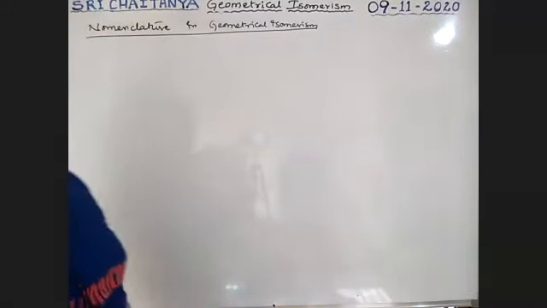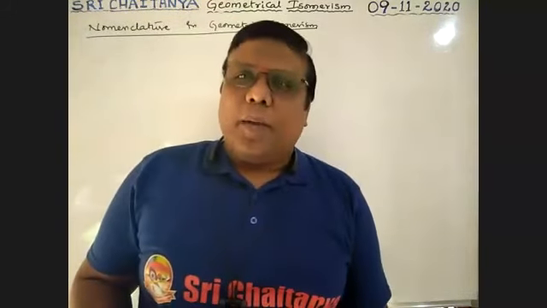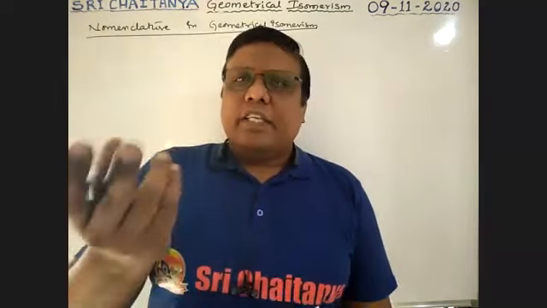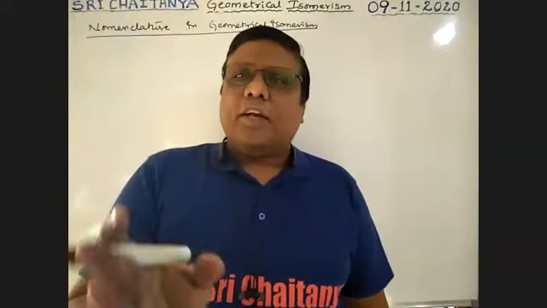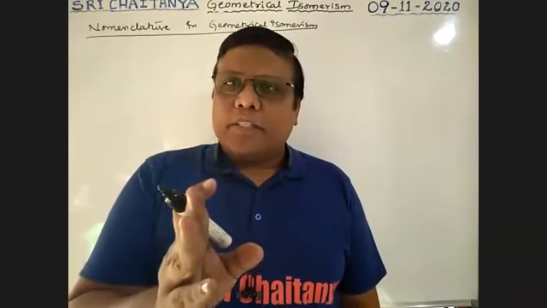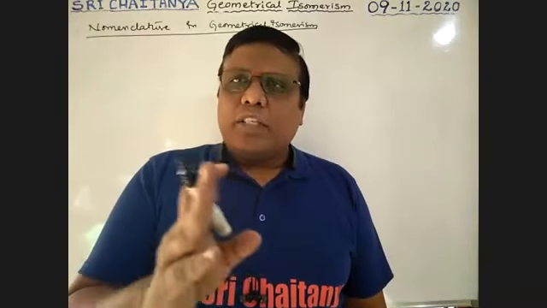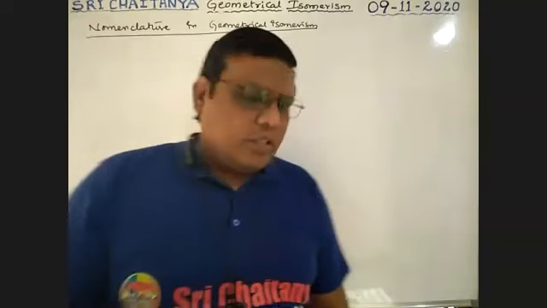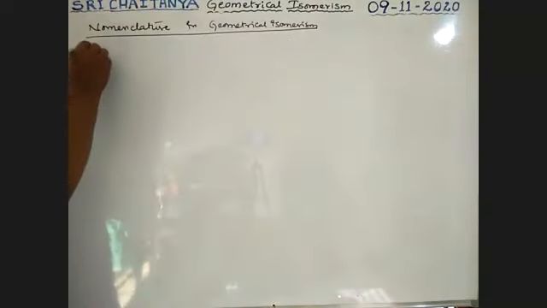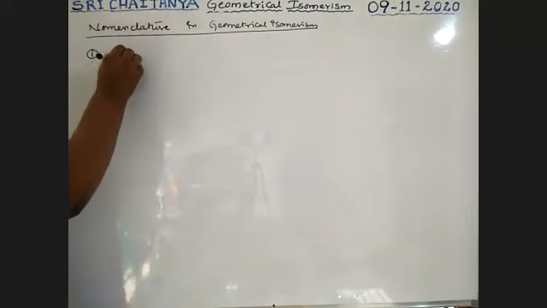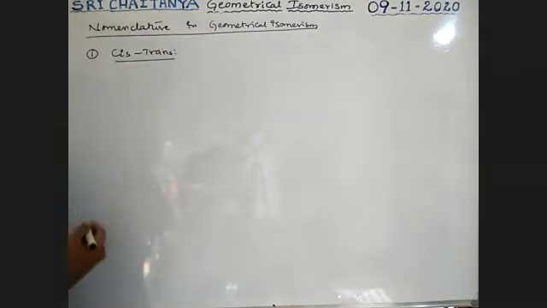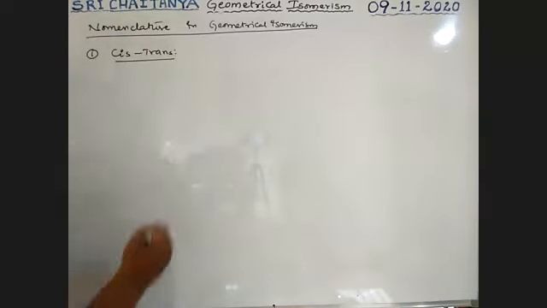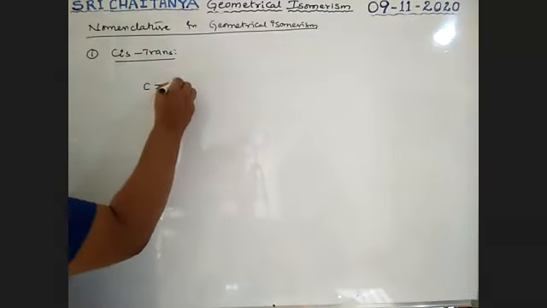Boys, there are different types of geometrical isomer naming. One of them is cis-trans. We know what that is. Similar groups on the same side is cis. Similar groups on opposite sides is trans. That means around a C double bond C. First variety is the cis-trans system, cis-trans nomenclature.